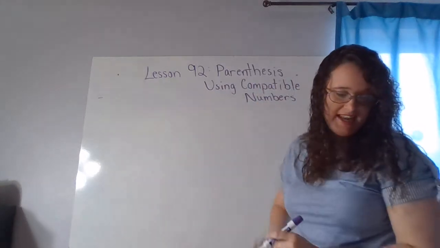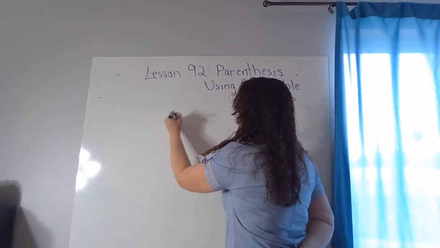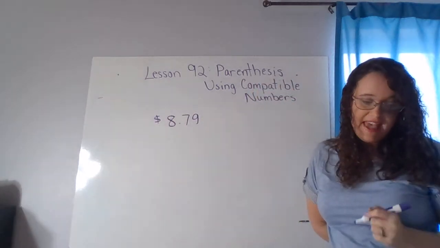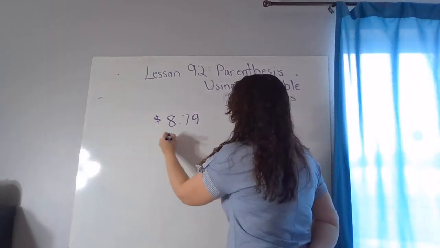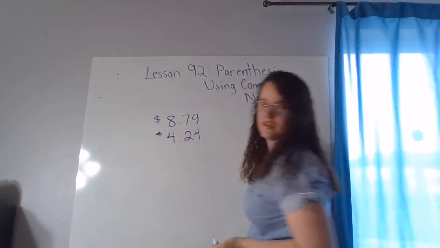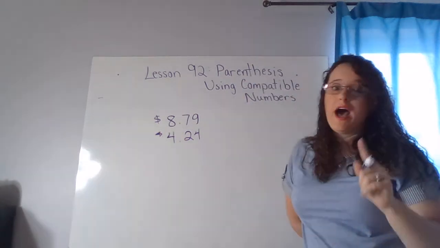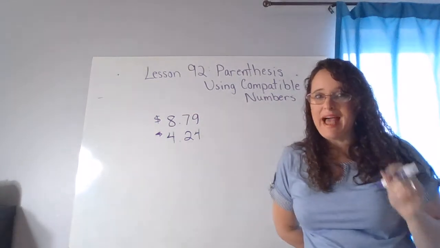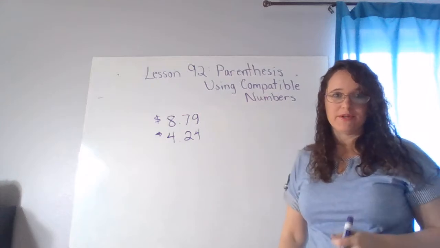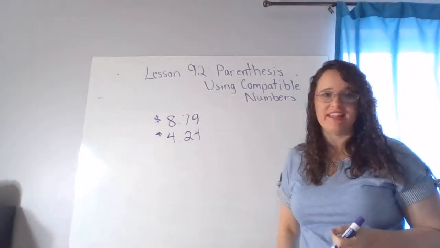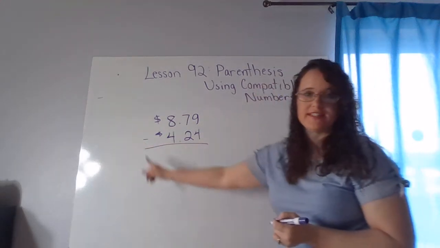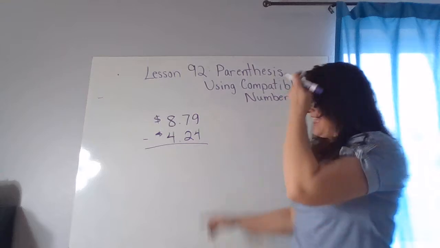This one says Jasmine had $8.79. She spent $4.24 at lunch. How much? Oh, about. That's the key word here. About means we don't need an exact answer. We can use compatible numbers. So about, how much money does she have left? Left, spent, those are keywords telling me that I need to subtract. And here,